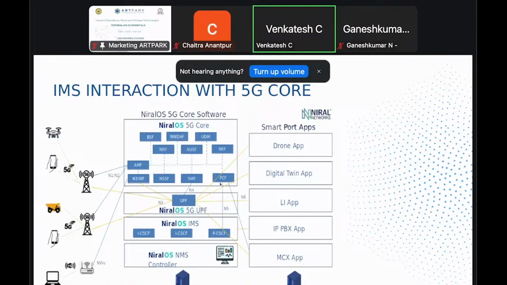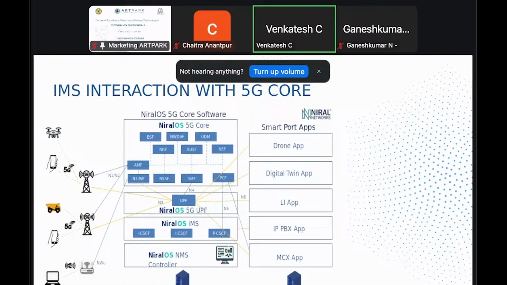Now let's go step by step on how IMS interacts with the 5G core to establish a call or a session. First, when a user turns on their phone, it tries to register. IMS communicates with the AMF in the 5G core for authentication. Once it's registered, if the user tries to make a call or send a message,